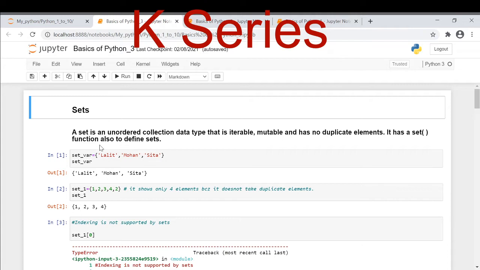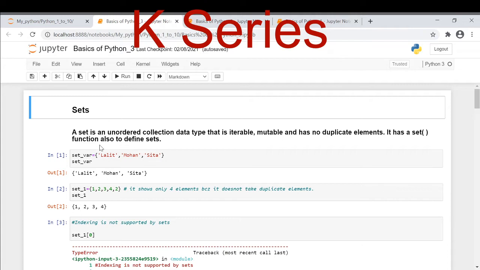Mutable means it can be changed, but it has no duplicate elements. Just remember, I am repeating again: a set is an unordered collection of data type that is iterable, mutable, can be changed, but it should not contain any duplicate items. I'll show you how it works.